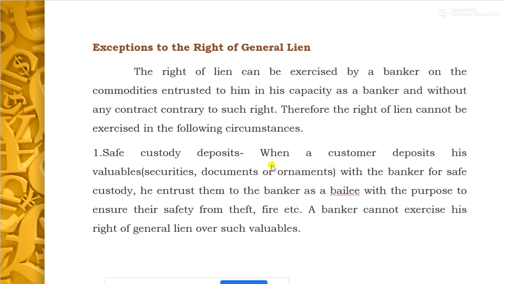When a customer deposits his valuables, securities, documents, ornaments or whatever it is with a banker for safe custody, he entrusts them to the banker as a bailee with the purpose to ensure their safety from theft, fire, etc. A banker cannot exercise his right of general lien over such valuables. So first exception is